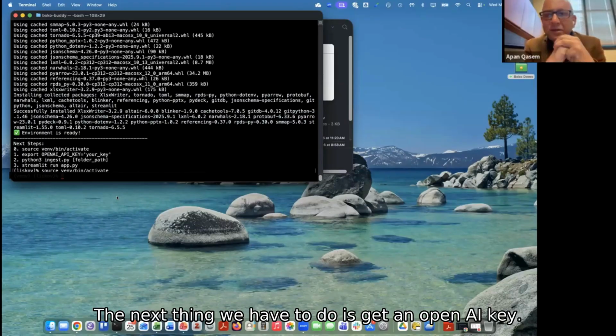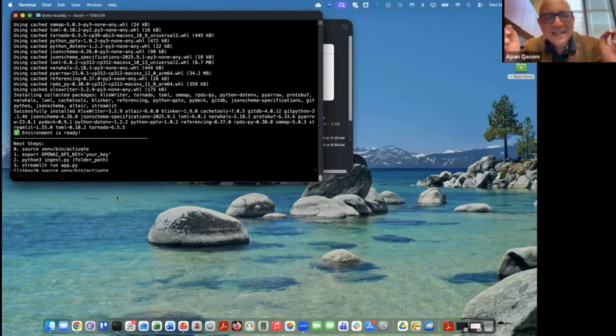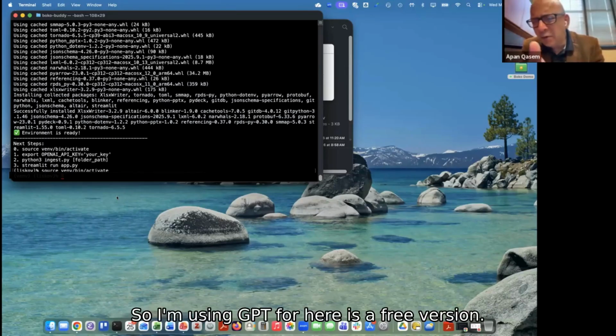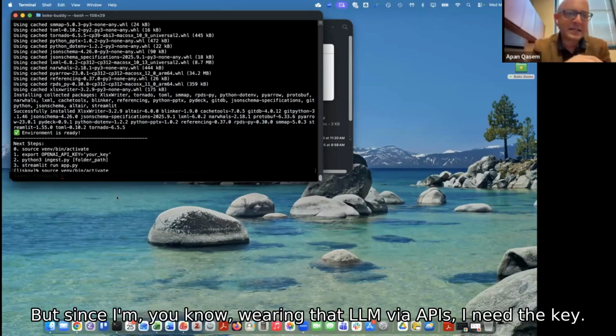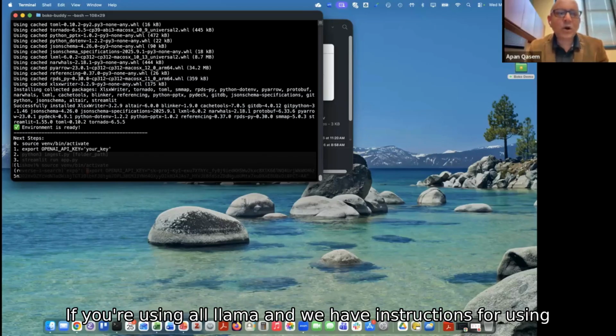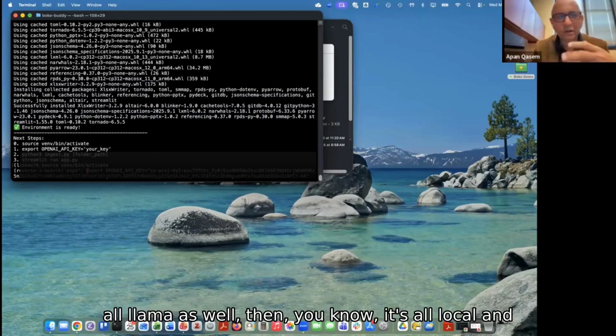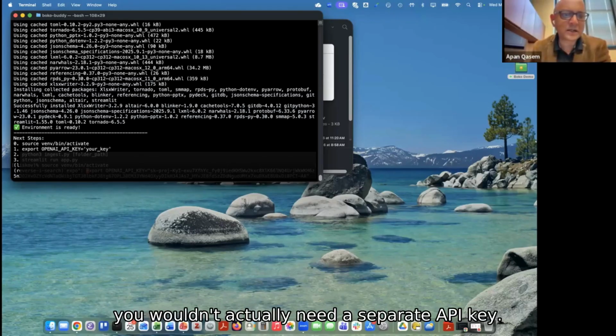The next thing we have to do is get an OpenAI key. I'm using GPT-4 here. It's a free version, but since I'm querying that LLM via APIs, I need the key. If you're using Ollama, and we have instructions for using Ollama as well, then it's all local, and you wouldn't need a separate API key.